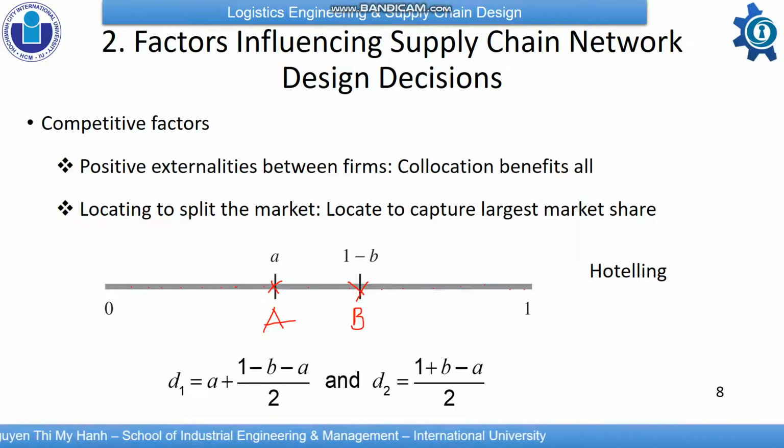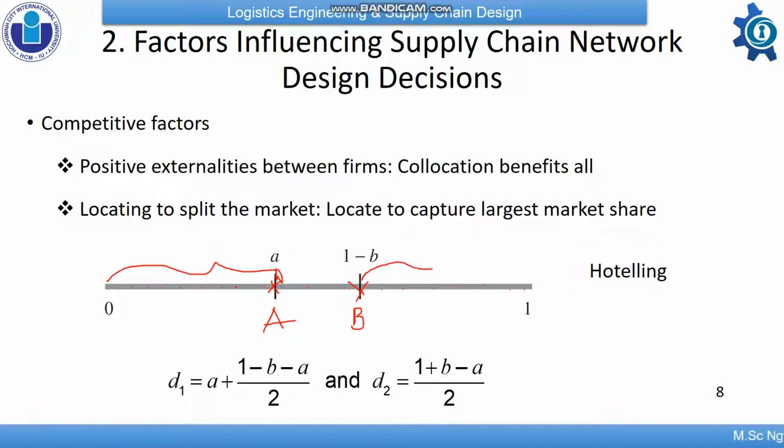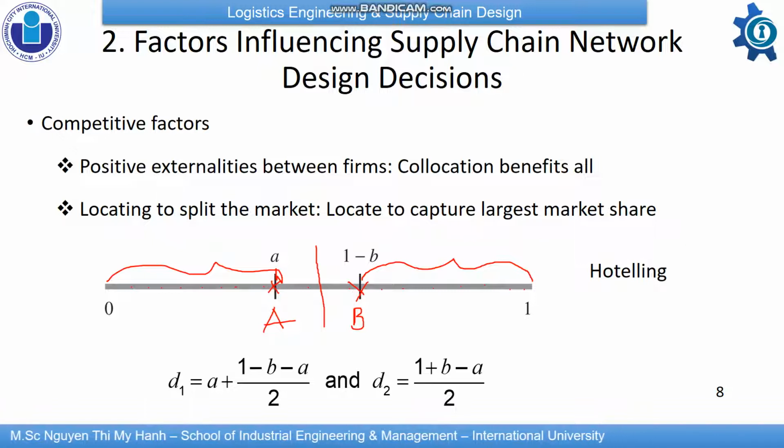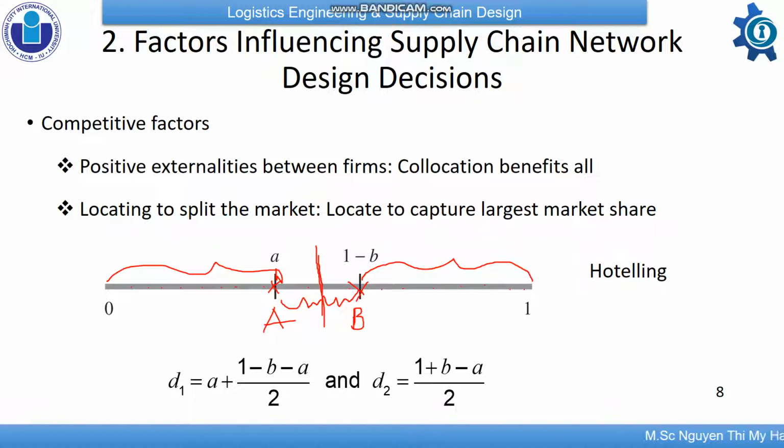Company A will serve the customers from here to here, and company B will serve the customers from here to here, from B to 1, and they will share the customers in the middle. So half of this is served by company A and half by company B. Okay,